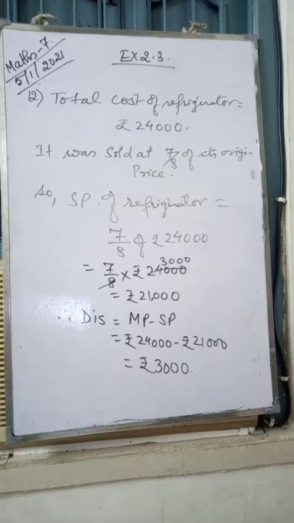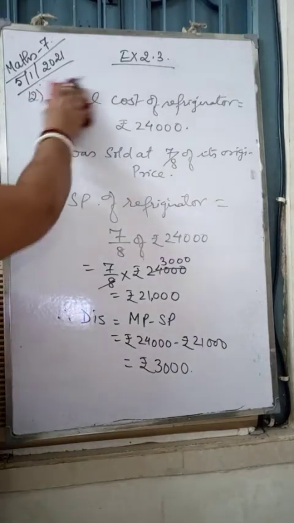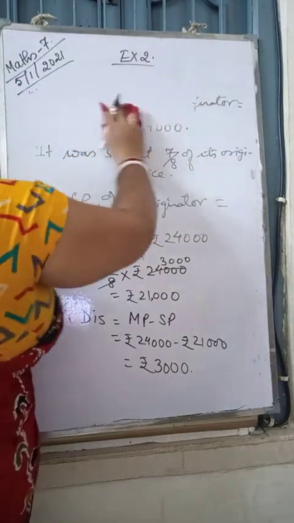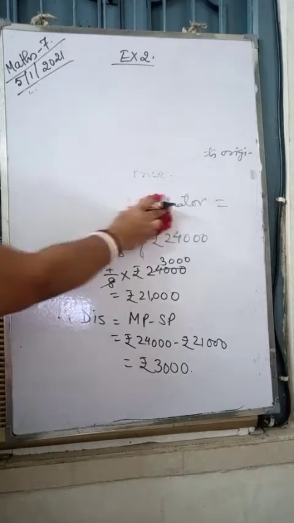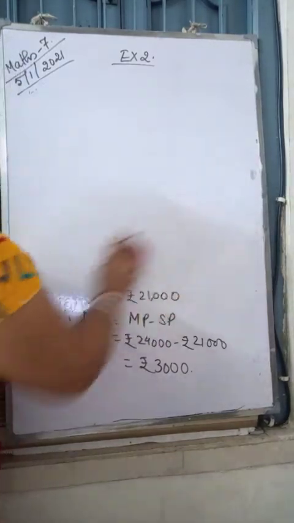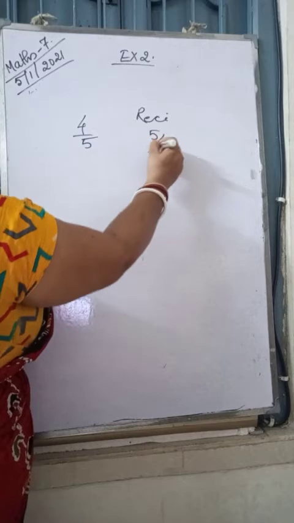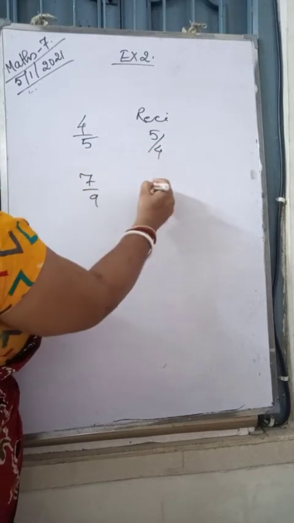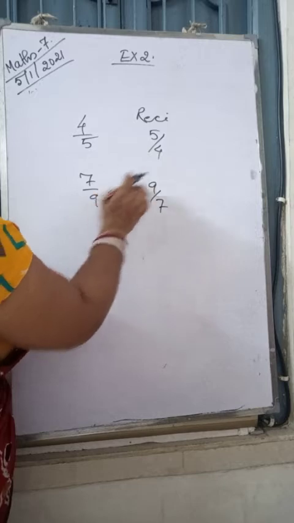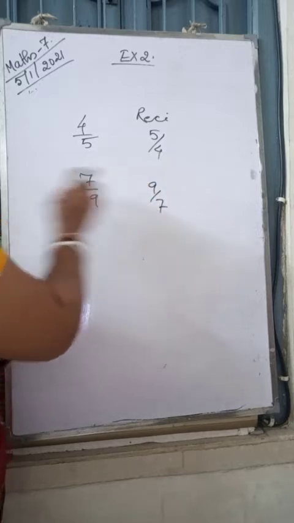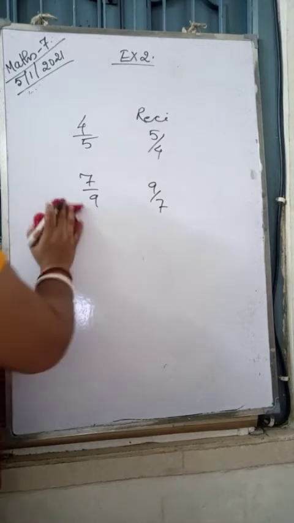Already we know when we divide, the divisor is changing into its reciprocal. Is it? What is this reciprocal? Reciprocal is just inverse, the opposite fraction, where the denominator comes as a numerator and numerator comes as its denominator. Just you see, if it is 4 by 5, the reciprocal would be 5 by 4. 7 by 9, so reciprocal would be 9 by 7. Denominator is coming as numerator and numerator is coming as denominator. That is known as reciprocals.